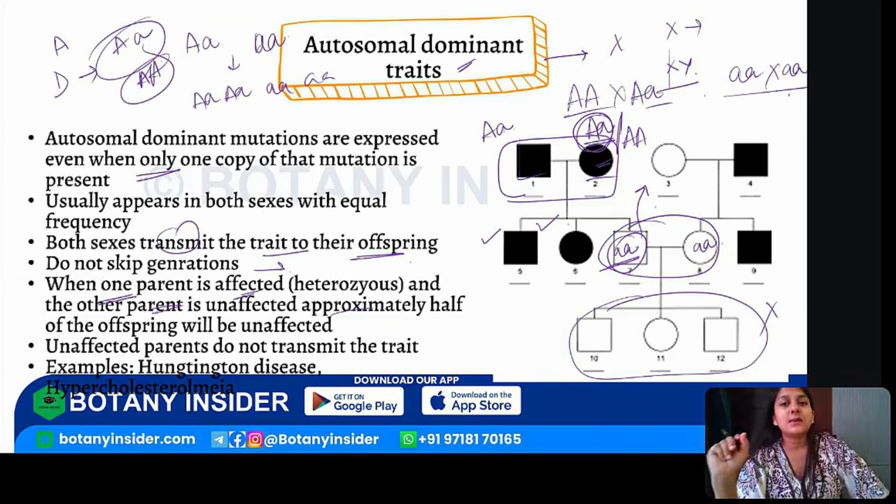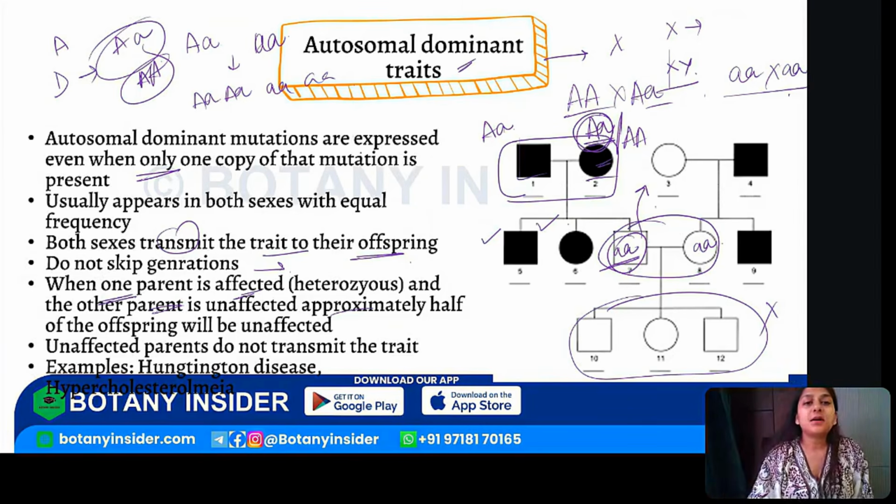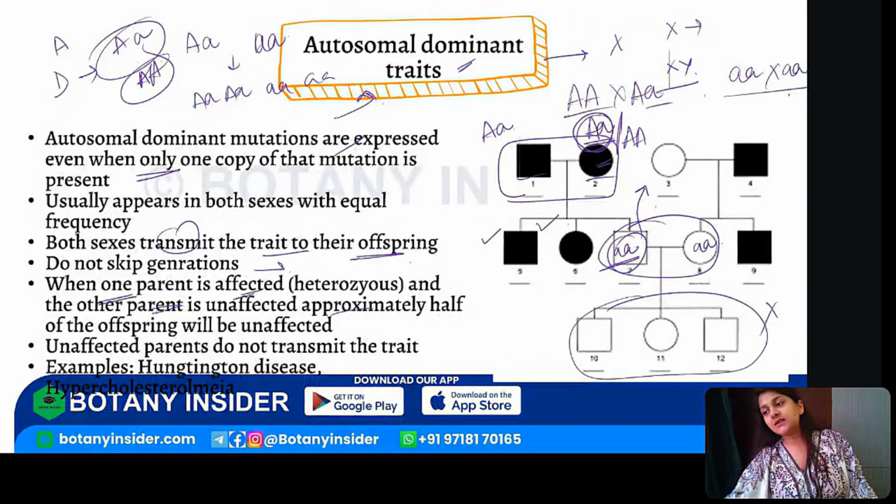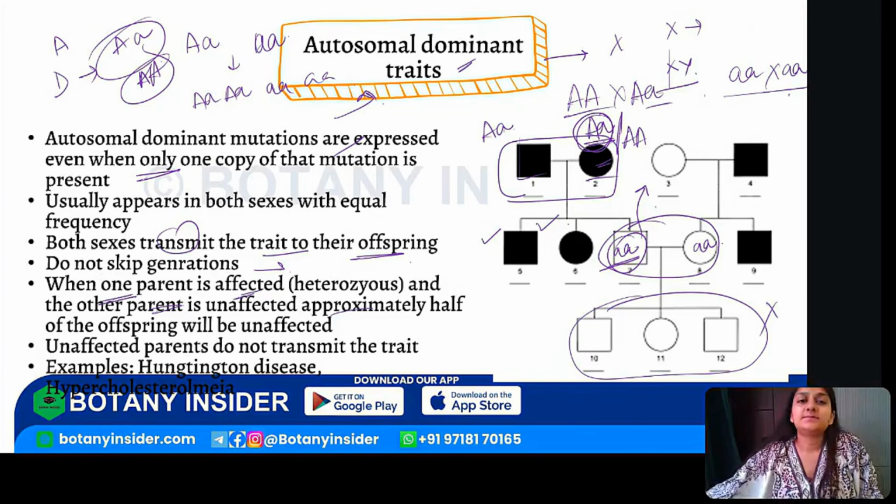So that's the reason why understanding homozygous recessive, heterozygous and homozygous dominant, all these things, is very, very important, right? So this is about the autosomal dominant trait. If this is clear, we'll move forward to the third segment of X-linked dominant and X-linked recessive. Everything clear to everyone till here? Yes.